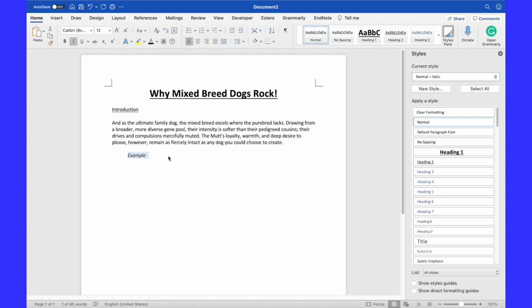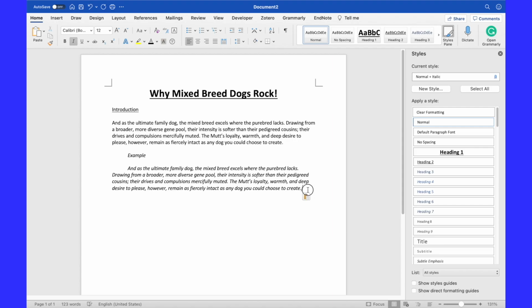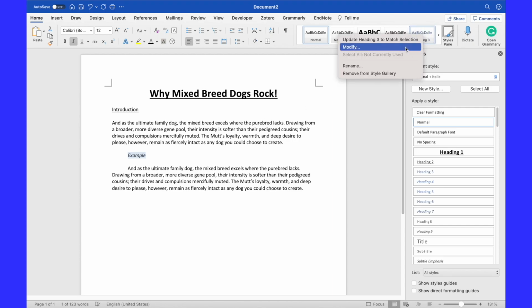Let's say I make it in italics, and I put this paragraph in, and this could be a heading level 3, let's say. So if I go over here, I could control click and choose update to heading level 3, and now we have a heading level 3.